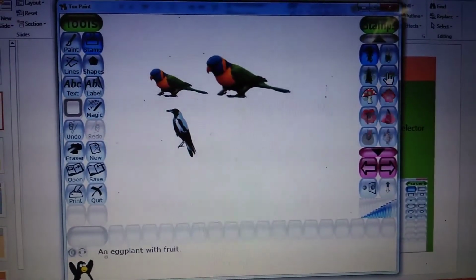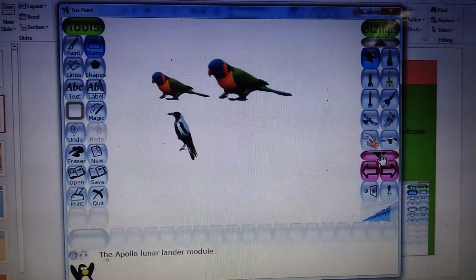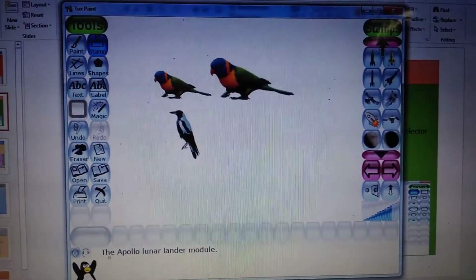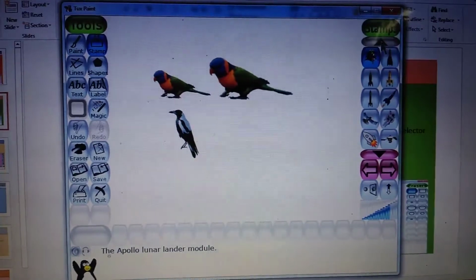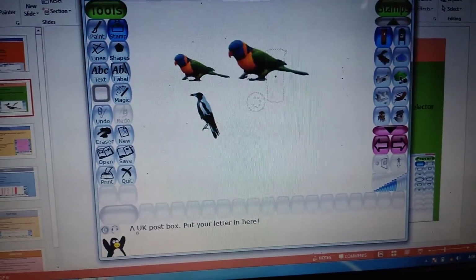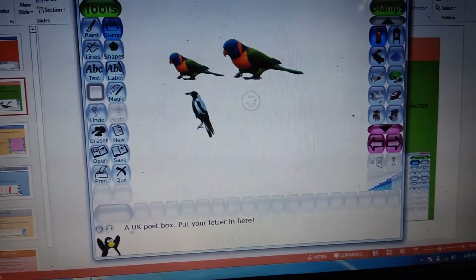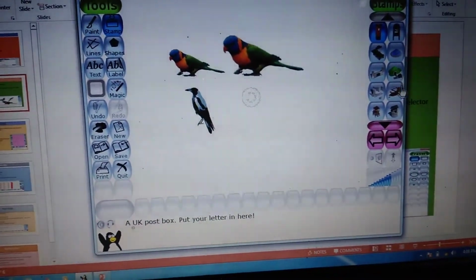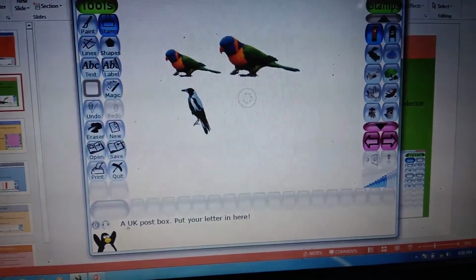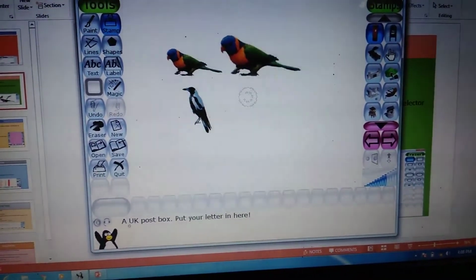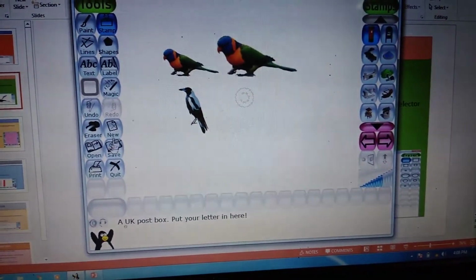Now by using the stamp tool we will take the houses over here from the selector box. Now I want to save this image.